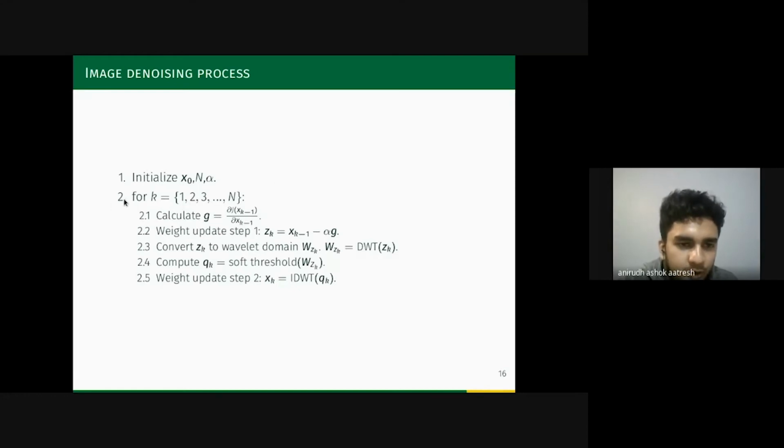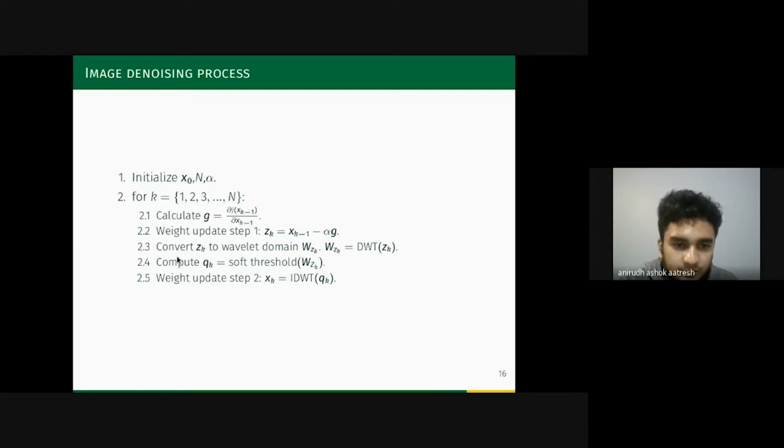In step 2, you iterate for n iterations, and in each iteration you compute the gradient at that point of your solution. Generalized, it's x k minus 1, and you compute the gradient descent weight update step to obtain zk. Once you have done that, you have to perform denoising. These 3 steps, 2.3, 2.4, 2.5, cover the denoising process.